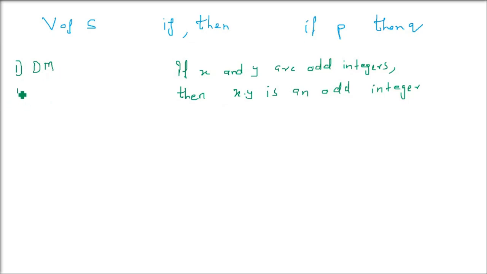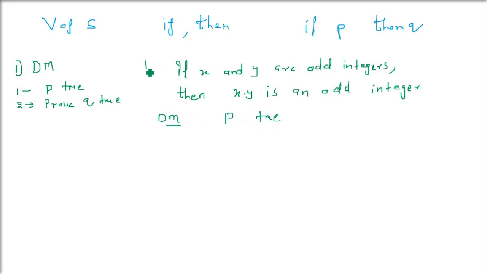Here we will say, we'll assume that P is true. And in step 2, we'll prove that Q is true. Starting with assuming that P is true, we'll prove that Q is true. So let us take an example. This is already an example. So what do we have here? P and Q. As I said, we are applying the direct method on validity of statement checking for if and then.